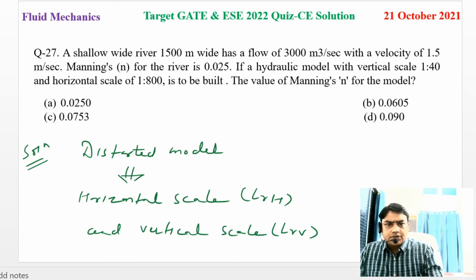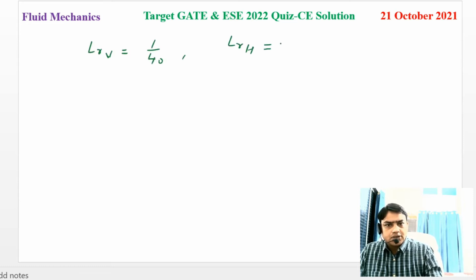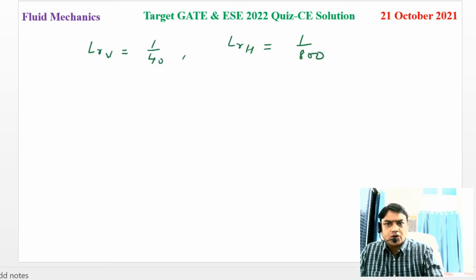So here in the question, vertical scale is given, LRV, that is 1/40, and horizontal scale is 1/800. Discharge or flow is given, velocity is given, Manning's roughness for the prototype is given, that is